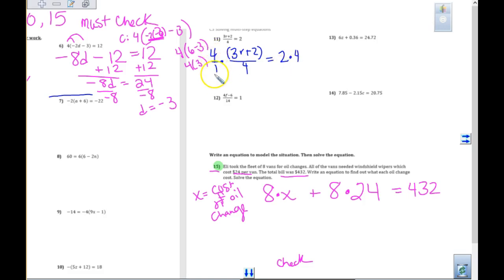Now, the reason we put it as 4 over 1 is because I don't want some of you to make the mistake and just put a times 4 down here. Because if you write this, this means 16. And that's not 16, right? We wanted those to cancel. So 4 divided by 4 is 1. So my new problem is 3r plus 2